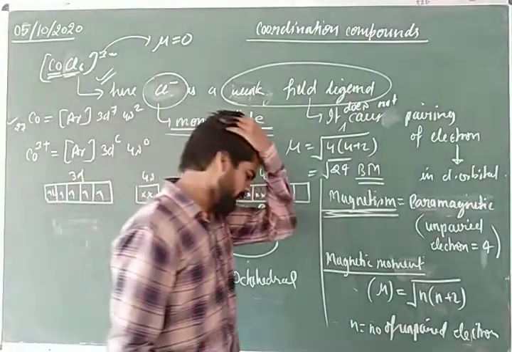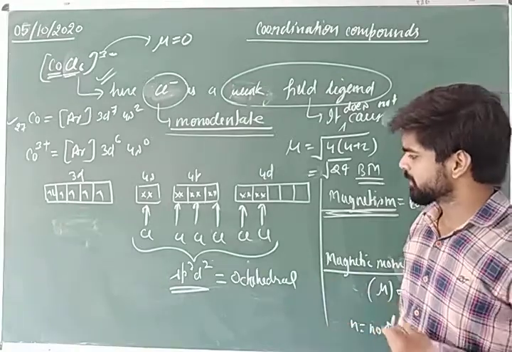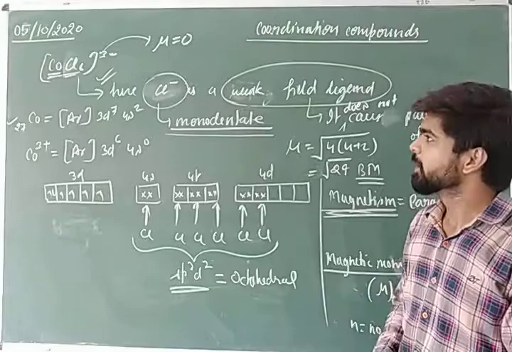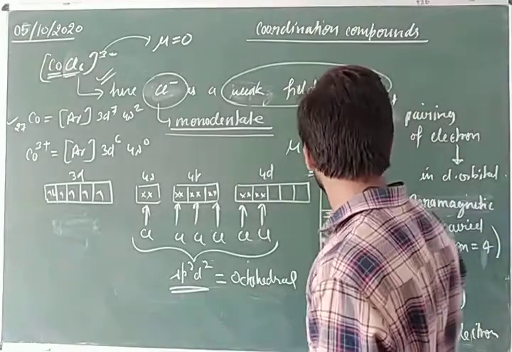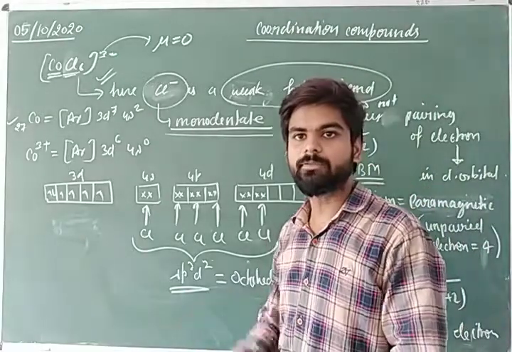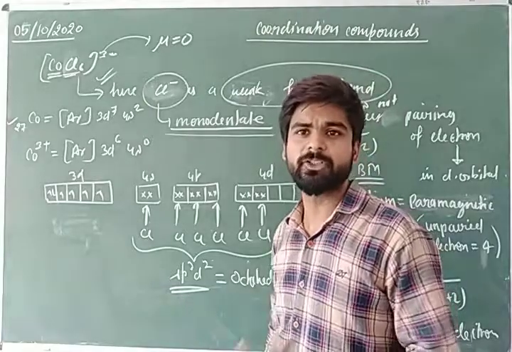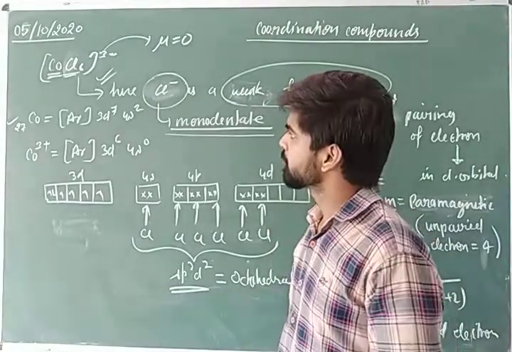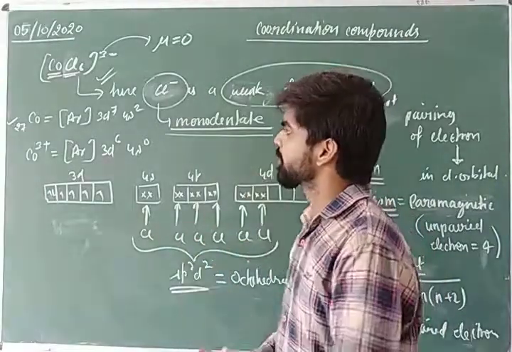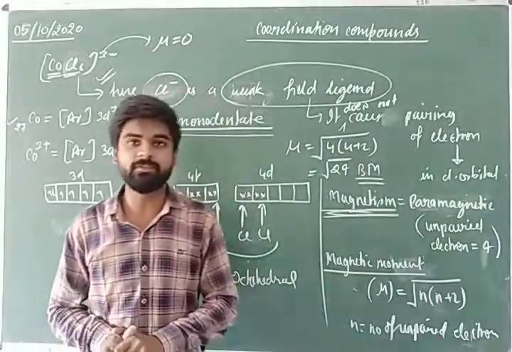Okay students, so this is the application of valence bond theory, where you can find out magnetism, magnetic moment, geometry and hybridization. And for this you will get 3 to 5 marks in your board examination. So do it properly and make proper notes along with these topics. Okay students, so for today this is enough.